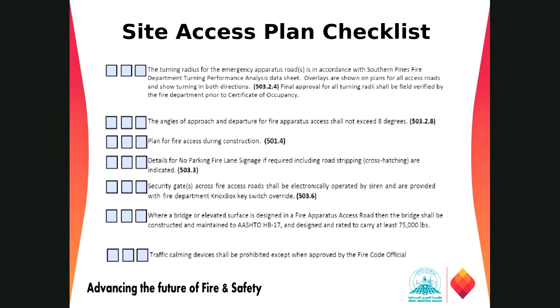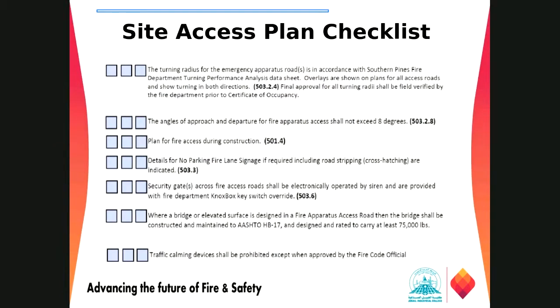And then we have some additional ones, right? The turning radius requirement for the roads for reverse direction of the trucks while going out of the scheme. And then the angle of approach and departure for fire protection shall not exceed 8 degrees, right? So normally the angle of approach is that, this is our flat road, right? They are talking about the incline, they are talking about the slope, right?